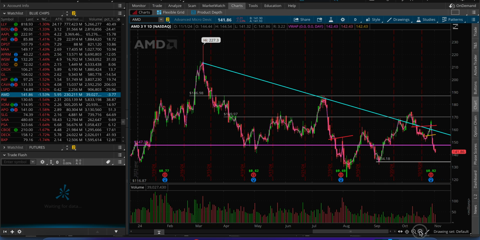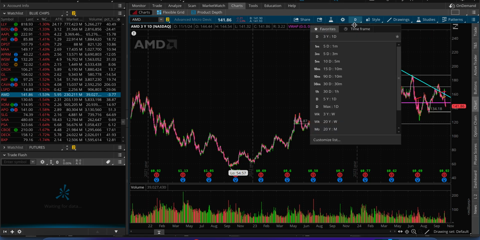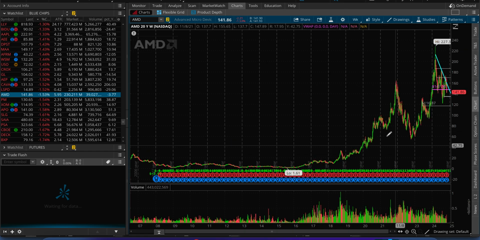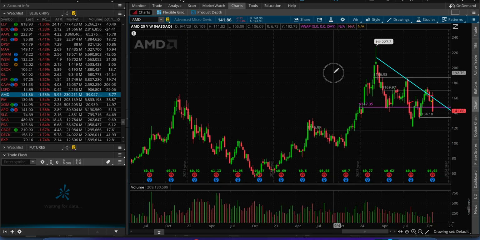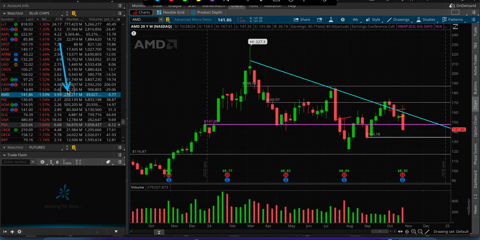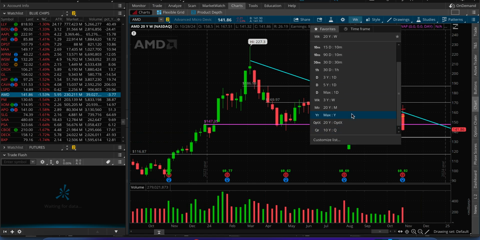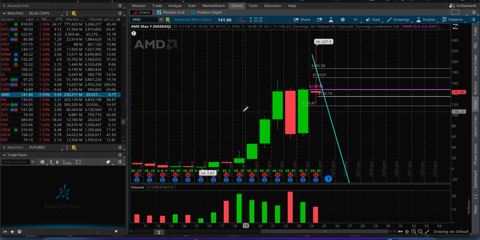Okay, so everybody has that AI hype, but in terms of chip makers, why are some chip makers not doing well? Well, let's take a look at a few things for AMD. Current market capitalization, $230 billion. Okay, and then let me just switch this to yearly candles. So this is a yearly chart of AMD.